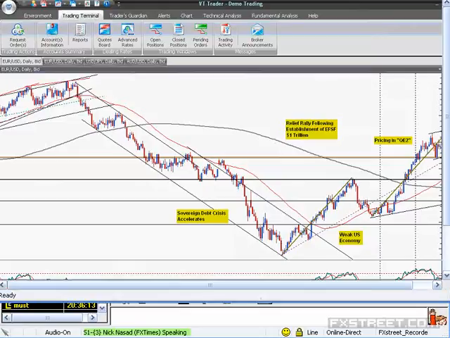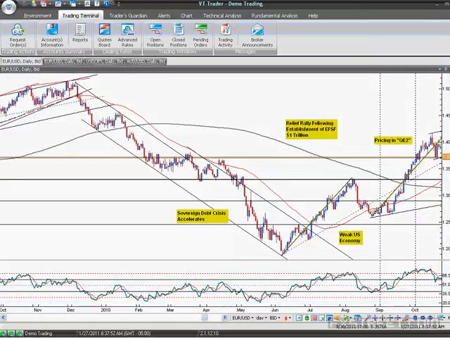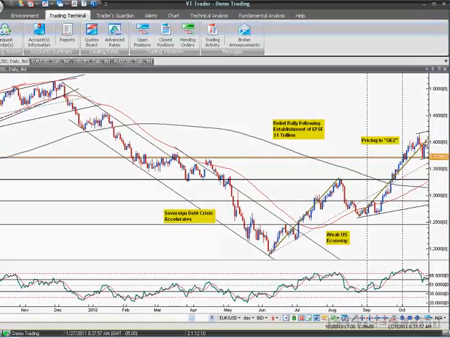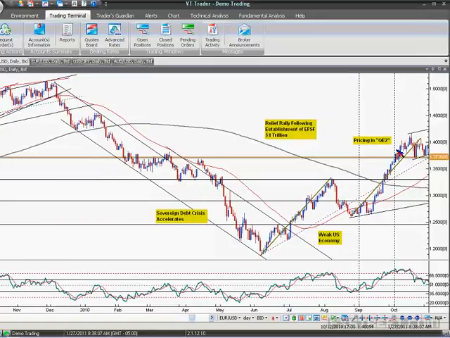Okay, so first let's take a quick look at the chart and what happened after that announcement. Right, so here we were pricing in quantitative easing 2. So this is before the announcement, and this is purely on the speculation of quantitative easing 2, and a little bit of still weak data following this summer slump. Right, so we moved up to 1.40 in this pair, and as you can see, we started sort of topping